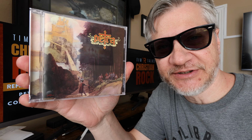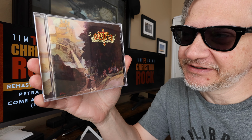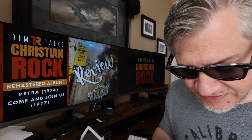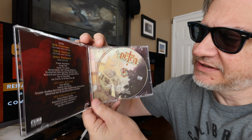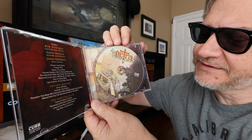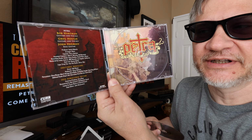Second CD from 1977 is Petra's Come and Join Us, which has actually some pretty cool artwork on this. I've liked this, and the logo has become well known. They utilize that, both of those things, in a couple ways here. I'll show you in a minute. Here is the inside, again, making use of that front cover art on the graphics on the CD itself. Very cool. There's the tray, the booklet,